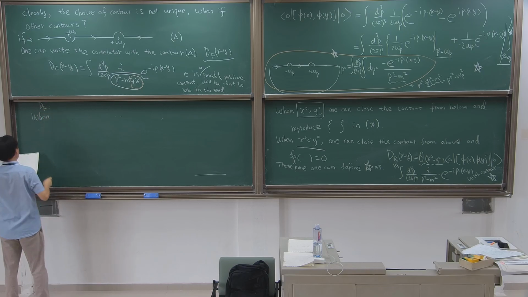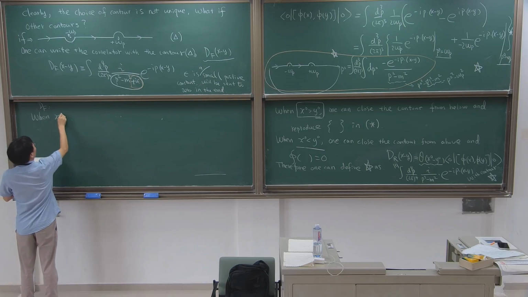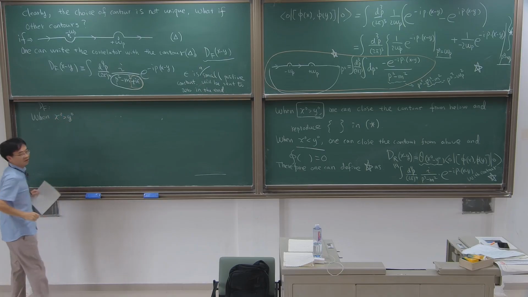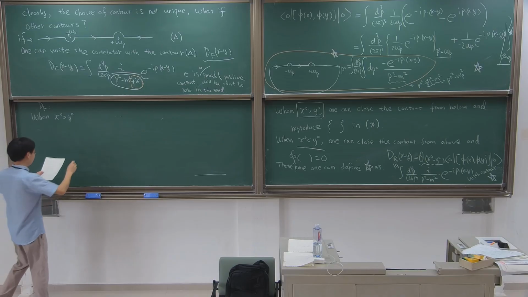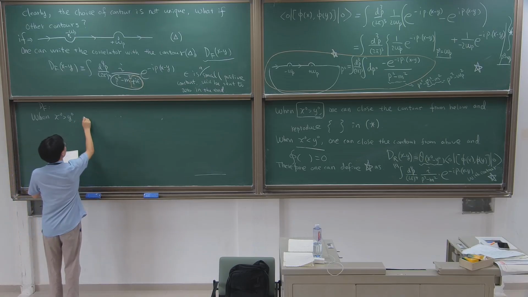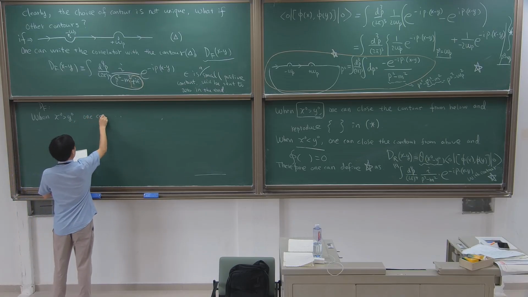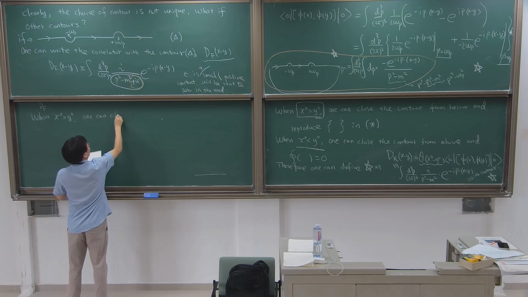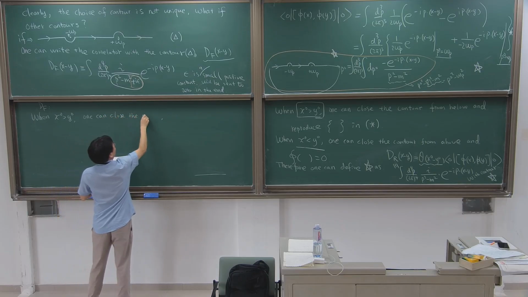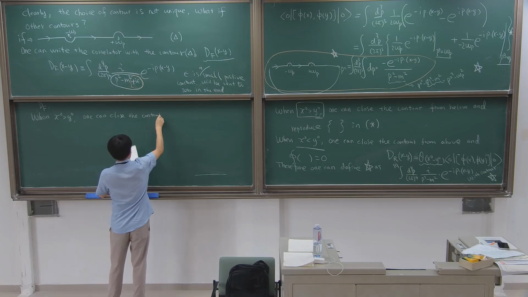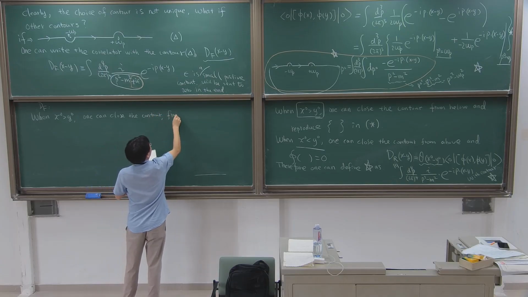So when x0 is greater than y0, one can close the contour from below,